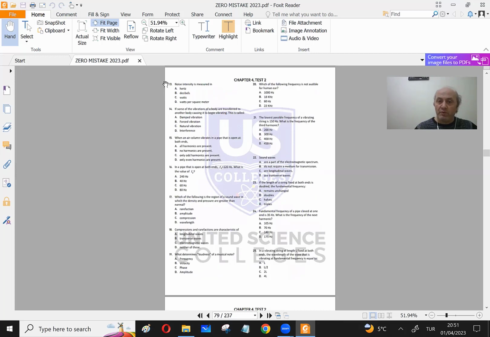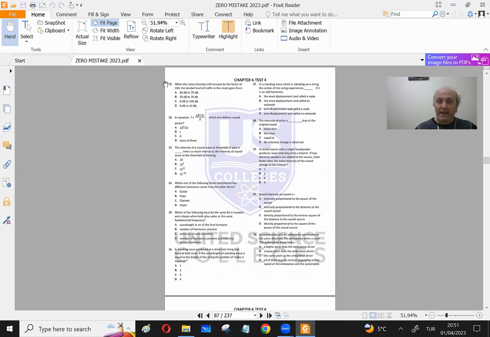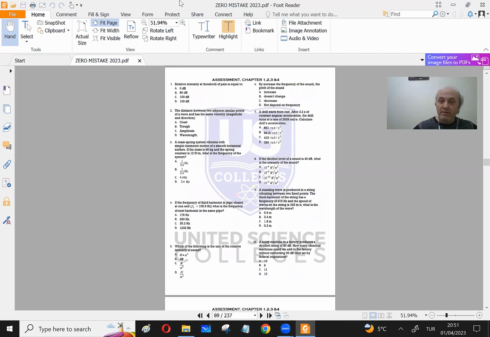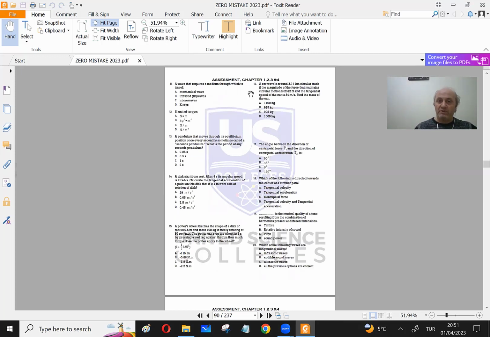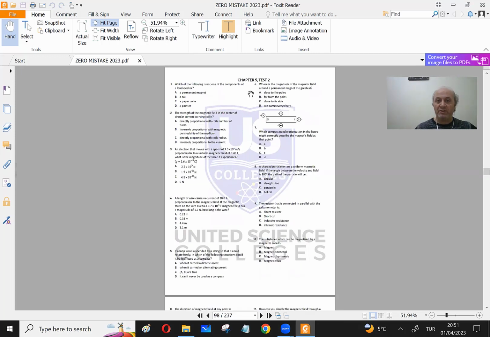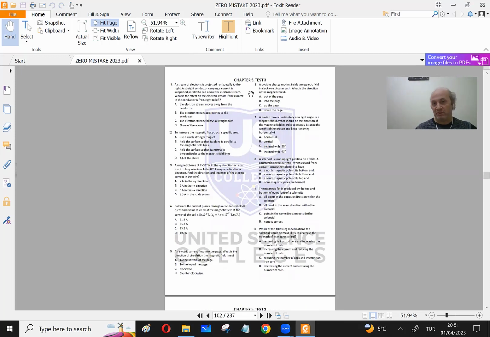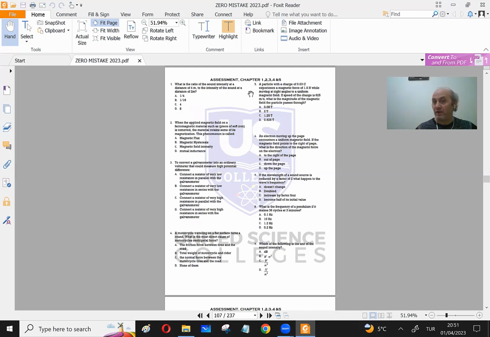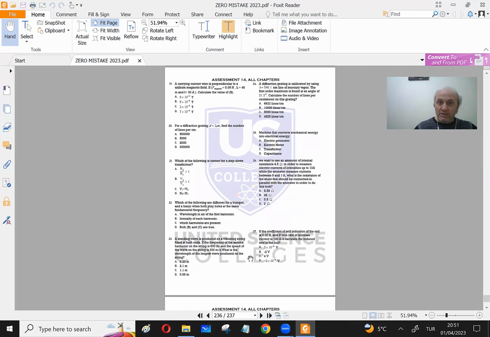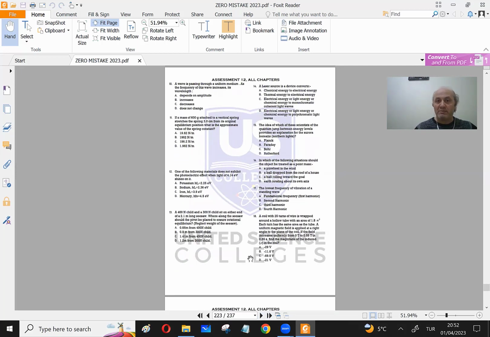So for chapter 4, finish chapter 4. After that, again, an assessment. Then you will continue like this. And after each chapter, you are going to get an assessment test which includes all the previous chapters. After chapter 5, again, a ministry assessment about chapters 1, 2, 3, 4, 5, and all the mixed questions. And finally, at the end, you are going to see the rest of the assessments,